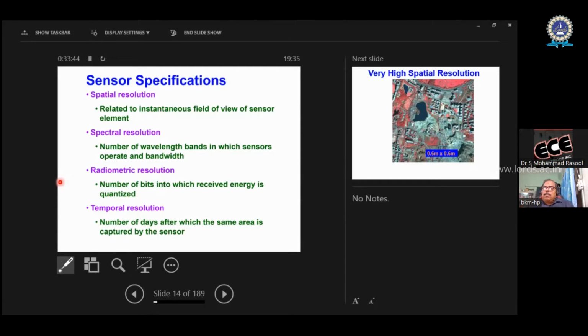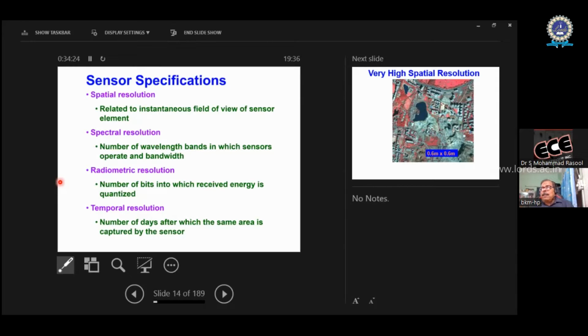So some of the satellites have 16 bits per pixel per wavelength, or 11 bits per wavelength band per pixel. So that is a kind of radiometric resolution, in the sense the reflected energy is captured in many distinct quantization levels. Temporal resolution: whatever area of interest you have, how frequently can the satellites provide you with images